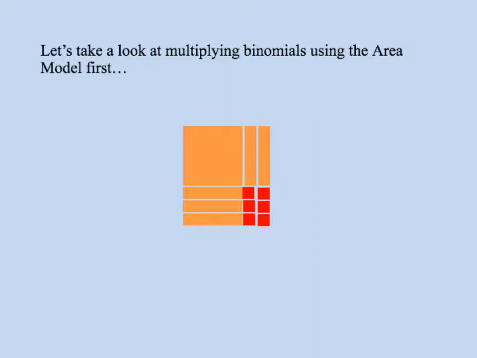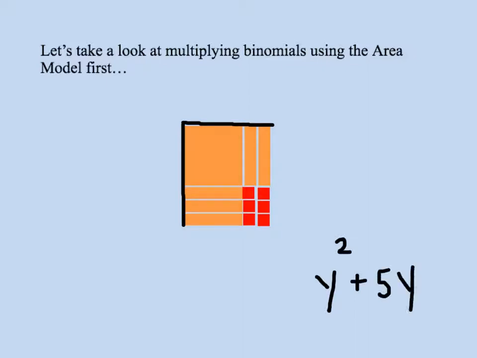Let's take a look at the vertical length and the horizontal width of this rectangle. We have to consider the dimensions of our tiles. The area of this rectangle is y squared, I'll write this down, y squared plus 5y tiles plus 6 ones, so 6. The vertical length